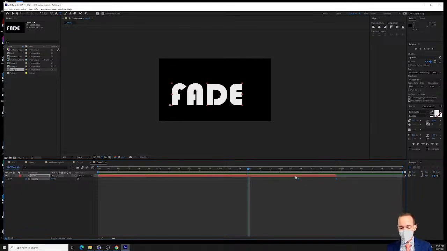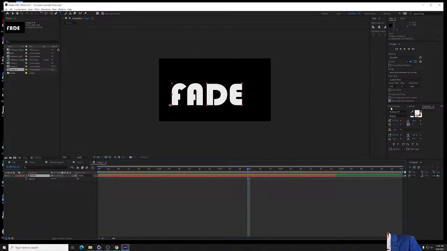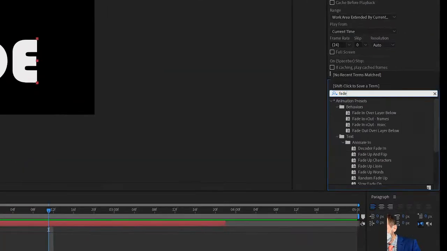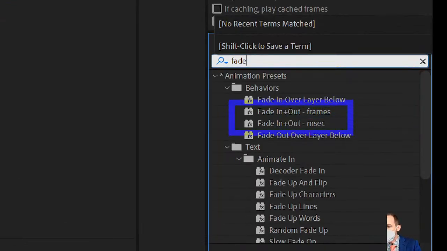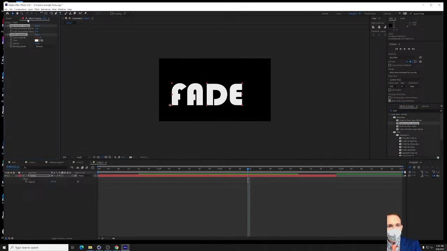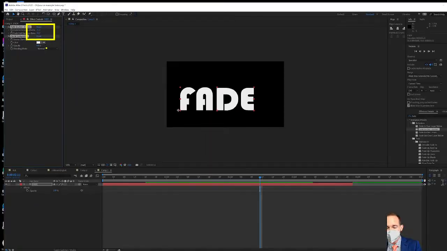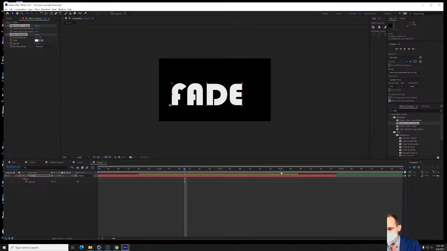Using the effect, so I'm going to go ahead and delete those and get rid of the keyframing. There we go. If I go over to effects, here you go, effects, fade, right? And so we'll use the frames, fade in and out frames. I'm going to make sure that my layer is selected, and I'll double click. And here it says it's going to take 15 frames to fade in and fade out. And if I scrub the timeline here,